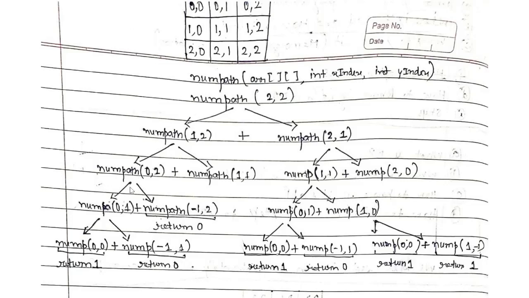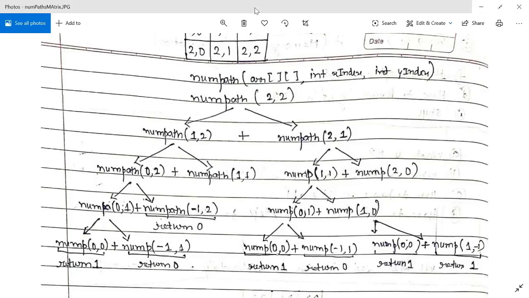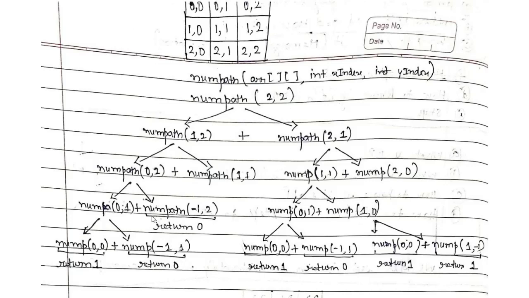So if I just branch out for this 0 2, then what would I be doing? Again, I would be branching out one in the case of down and one in the case of right. So in the case of down, what would I be doing? I would be having a cell which would be above this element, but do I have any row above this element? No, I do not have it, and hence it will call for numPath minus 1 2, and this would be my first base case.